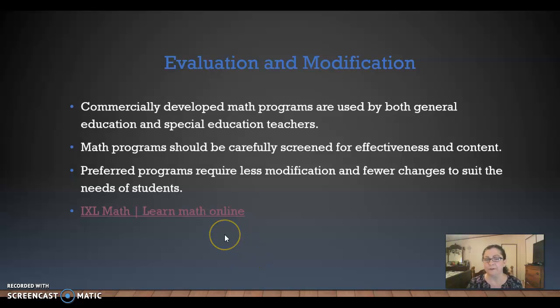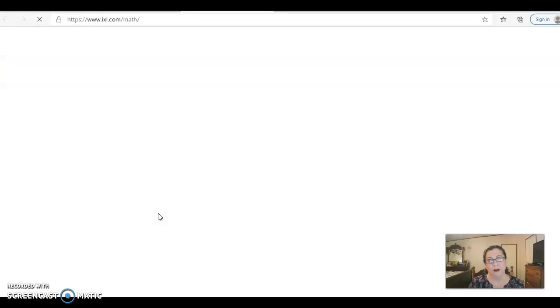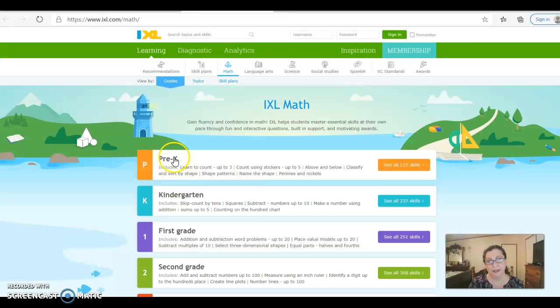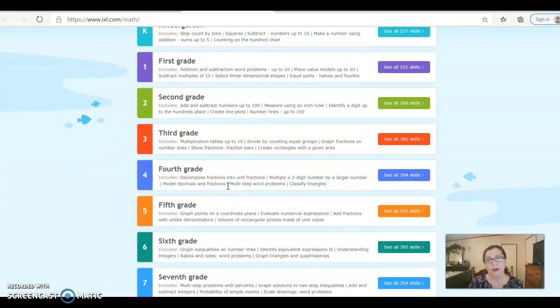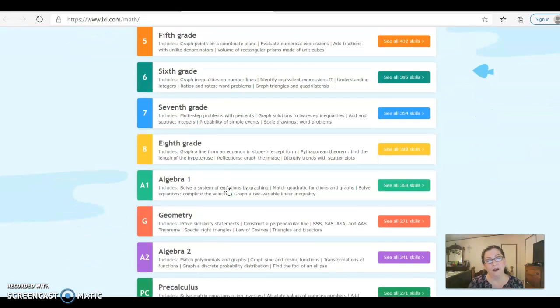So I've included a program that I'm currently assisting my son with his learning virtually, and I believe I've determined that this is not direct instruction, but for what I have found is, and I'll click it and show it to you. Here I have the math, but it has language arts and science, social studies, Spanish, along with South Carolina standards, and here we're looking at the math, and from what I have found, it has a lot of content, and